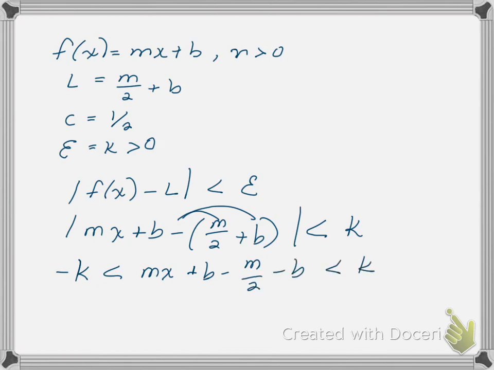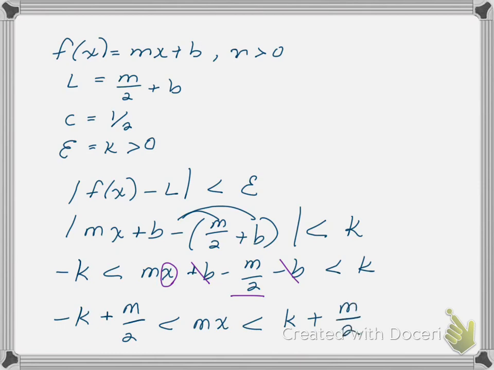Okay, we notice here that our b's subtract out. All right, and so the quantity that we're left with in the middle, remember we want that to be x, so we're going to add the m over 2 to both sides. So what I end up with is negative k plus m over 2 is less than mx, which is less than k plus m over 2. And then to get x in the middle, I'm just going to divide by m, so that's just multiplying by 1 all over m. So here, if we multiply each by 1 all over m,